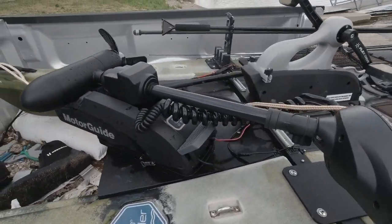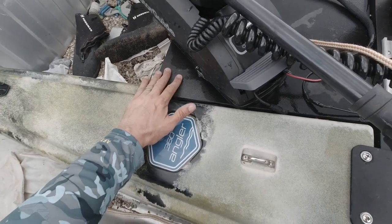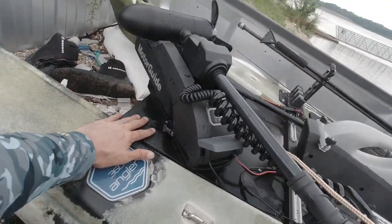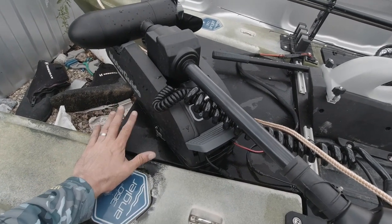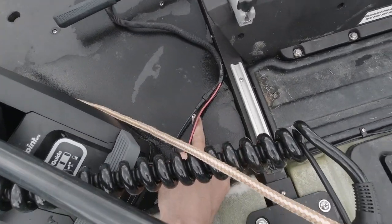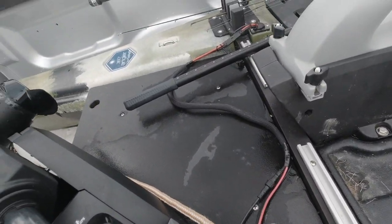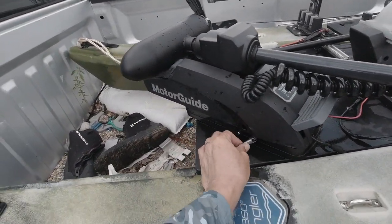But anyway, this is 3/4 HDPE, and it's a flat surface. The contoured one that came on the boat, I didn't really like, or at least I didn't want to mount a trolling motor to it. So this is real robust. I just screwed it into the frame with stainless steel screws, and it just holds it on. Everything's great. I've got a removable bracket for my